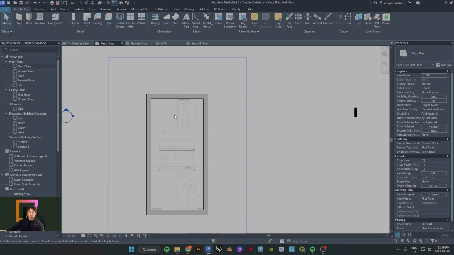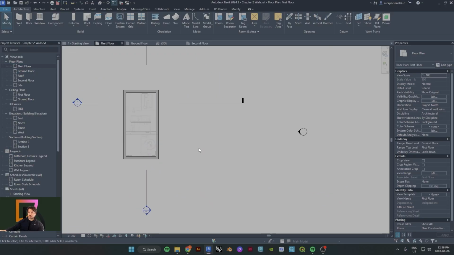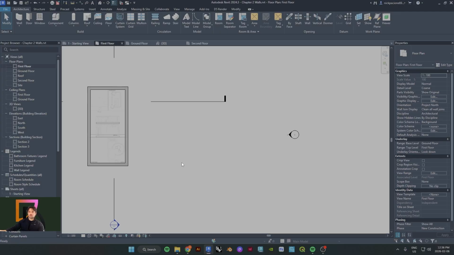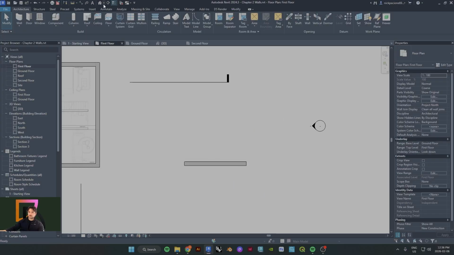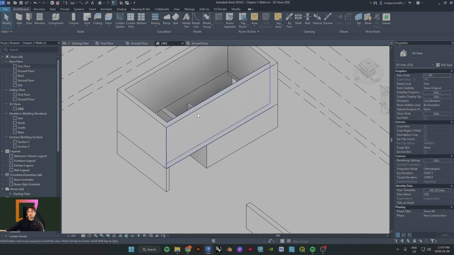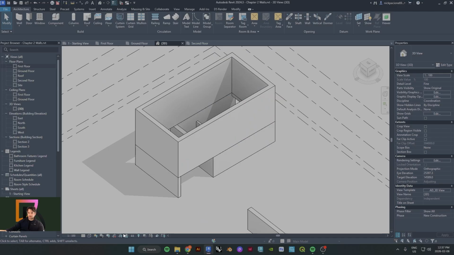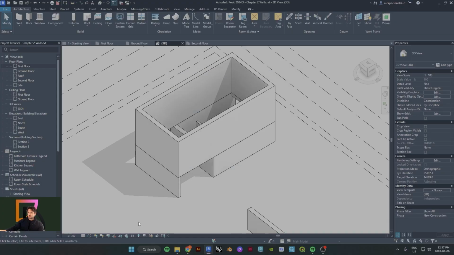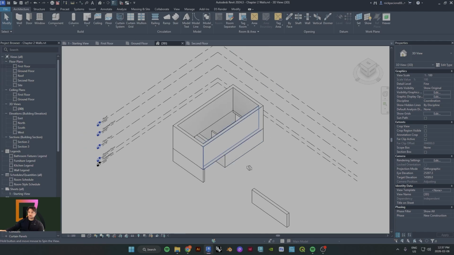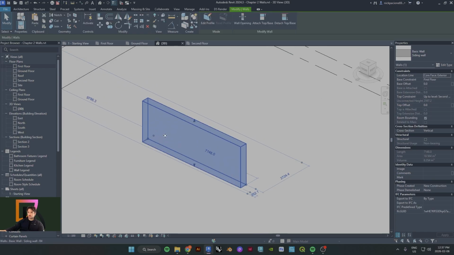The walls in Revit are, as mentioned previously, based on your level height. Just to show you how this functions, if you go to 3D and tap this box at the top, you'll see what it's looking like in 3D, and you can play around with the shadows. I'm just going to turn it off right now because it's a little distracting. I have a view range template turned on. Okay, so how walls function is